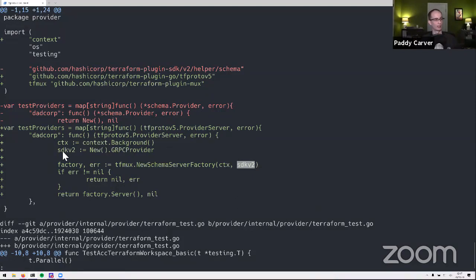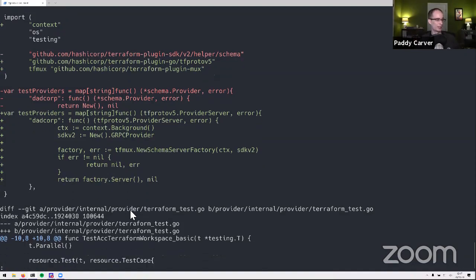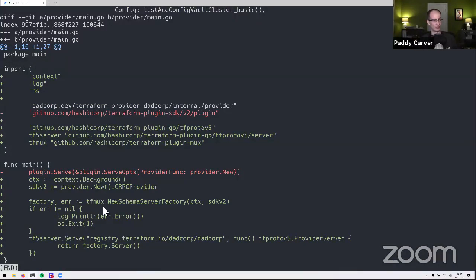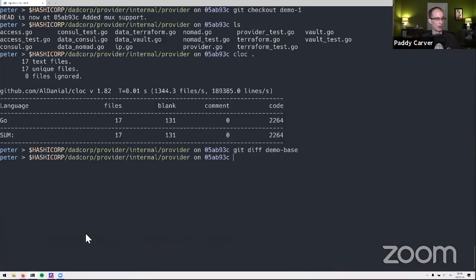So in this case, we've got the SDK v2 provider. It's getting passed into mux over here using new schema server factory. And then this is now a provider server that will route requests to either SDK v2 or SDK v2, because SDK v2 is the only option. That'll get more exciting in a minute, I promise. And then main is basically the same exact code, because this is, again, just combining them into a server. And then you're calling this tf5 server.serve function here to start actually serving that. So that's the entirety of it. And that's all it takes to get plugin mux up and running.